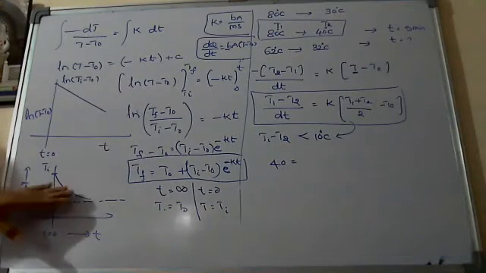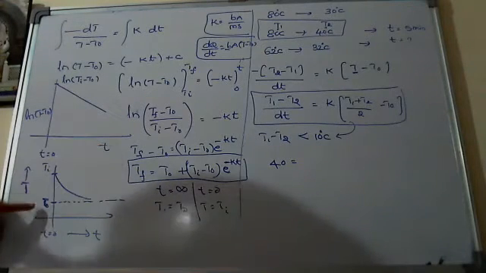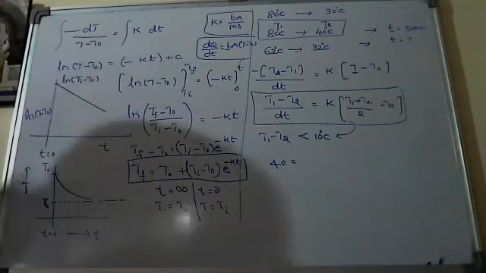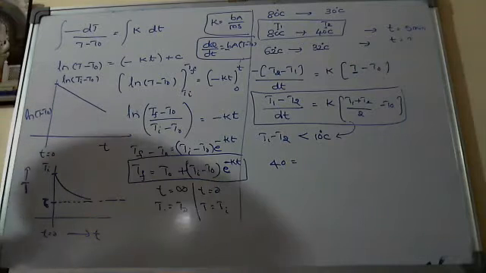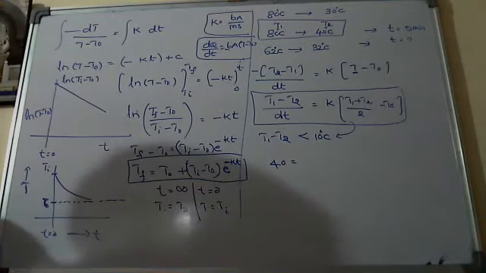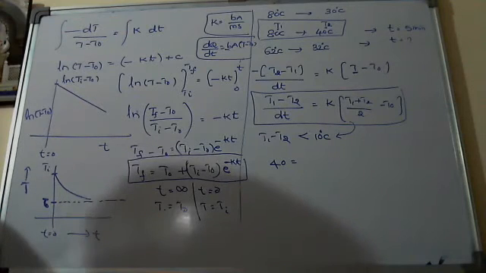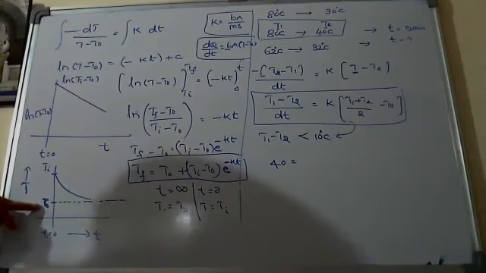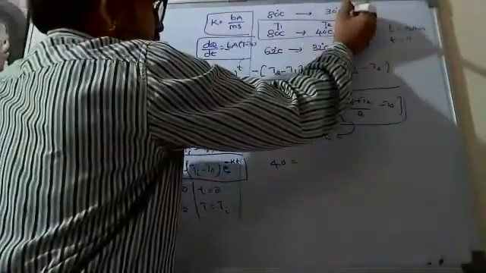Finally, you can decrease the temperature of the body at most to room temperature only. It never touches the x-axis when you are cooling your body in the surroundings. He did not mention in the question that 30 degrees Celsius is the room temperature. We have to understand it from the given information. Maximum you can change the temperature from 80 to 30. So 30 is the room temperature, and here we have to take this 30 as T naught.